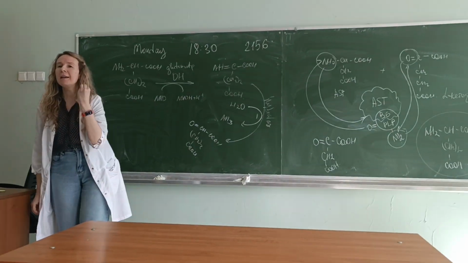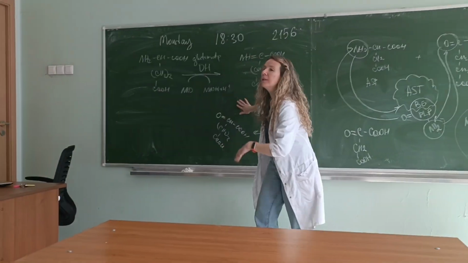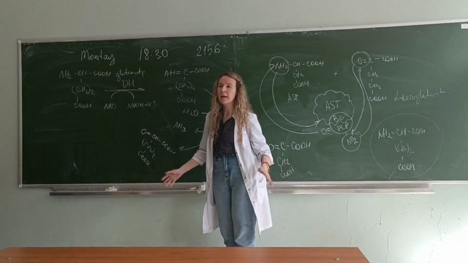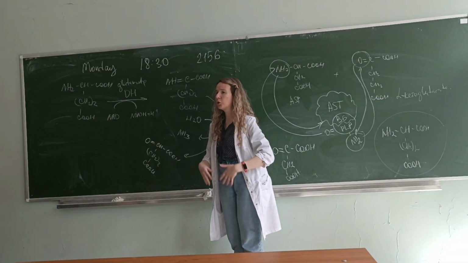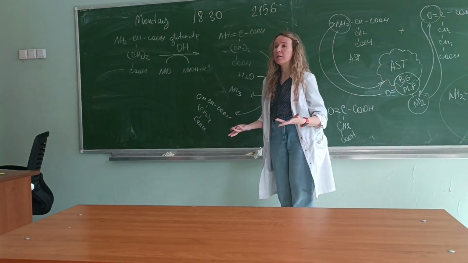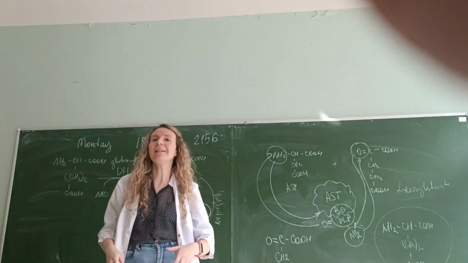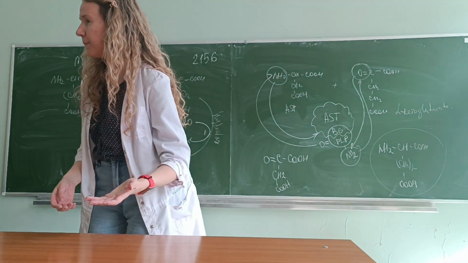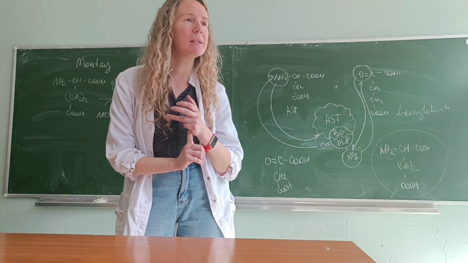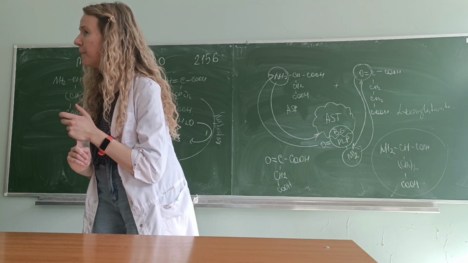We understand the main reaction which gives us ammonia, this is deamination. So we have a lot of amino acids in our body. We need to catalyze it, to degrade it, and in the end of the degradation, we will have ammonia. What else can we deaminate in our organism? I remind you, biogenic amines will be deaminated, and nucleotides also will be deaminated.